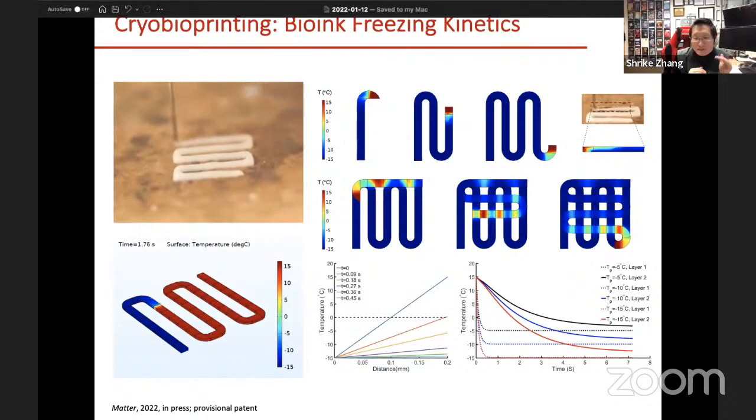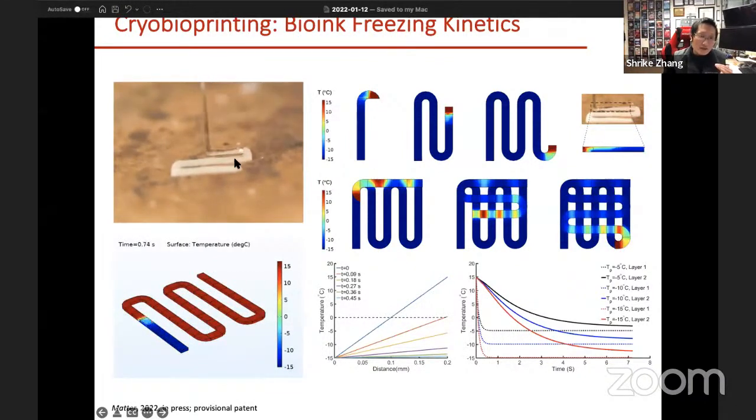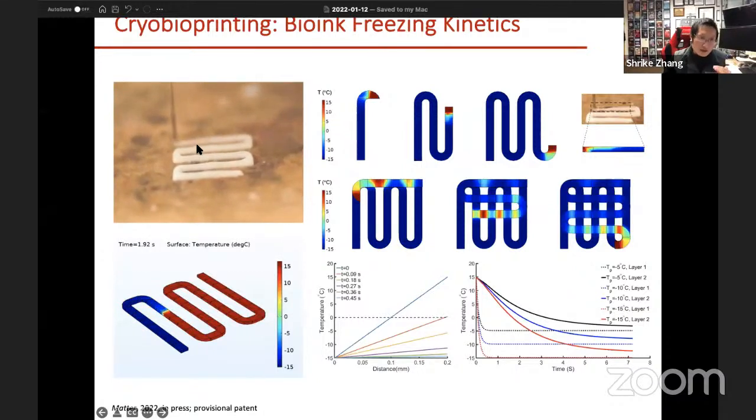So then what happens here is that you have the same printer, but the different thing is that you have a specially designed substrate that can allow sub-zero temperature to be placed on this stage. So now if you have the stage that's freezing things down, and you start to deposit these bioinks onto the plate using extrusion bioprinting, you can start to really freeze these bioinks almost instantaneously after extrusion, right? So you can see from this movie that as you print, the bioink is getting very quickly frozen,